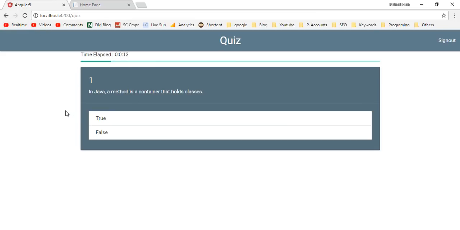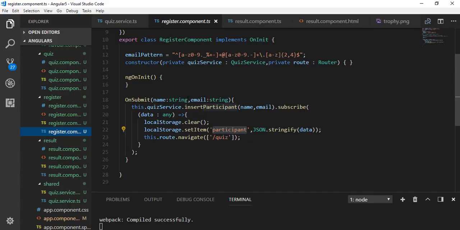We have to make this application persistent. For that, I will use local storage. So let's look how we can do that. First of all, we have register component, though we don't have any modification. During registration, we have saved participant details inside this local storage participant. Now go to